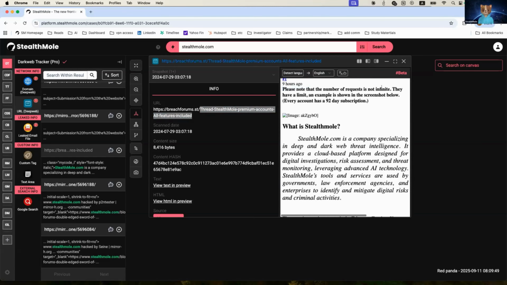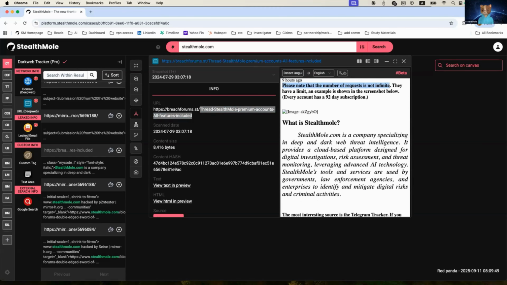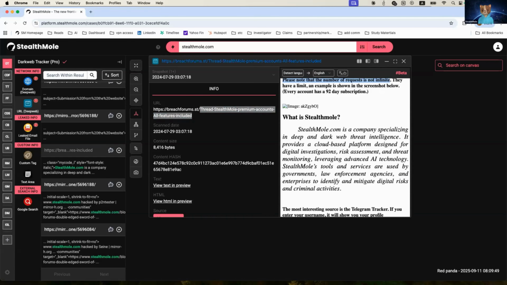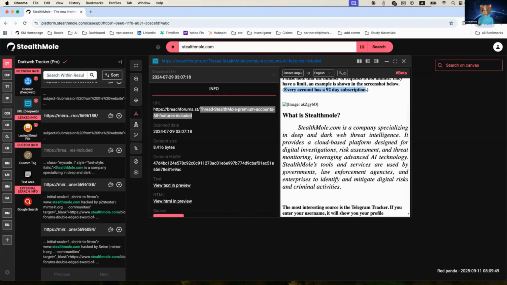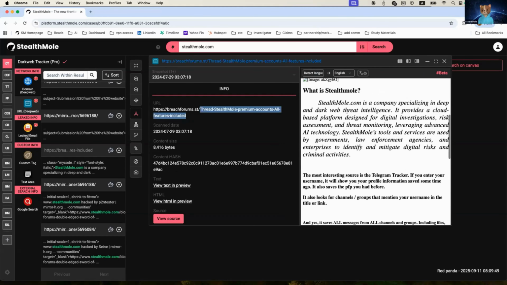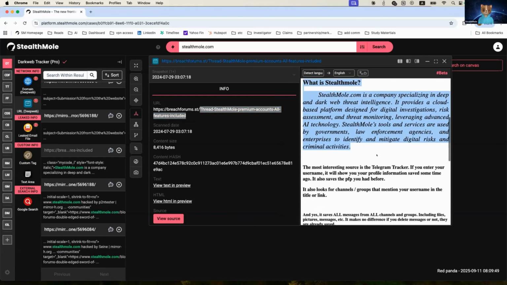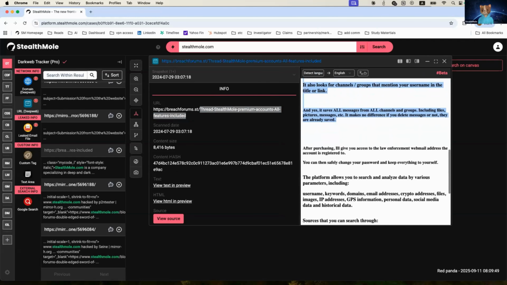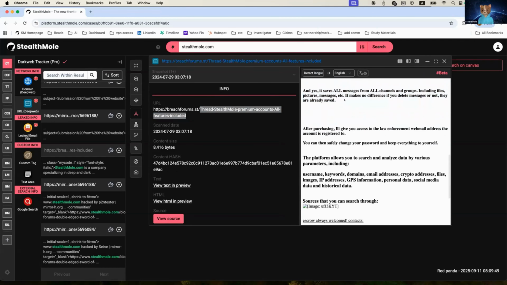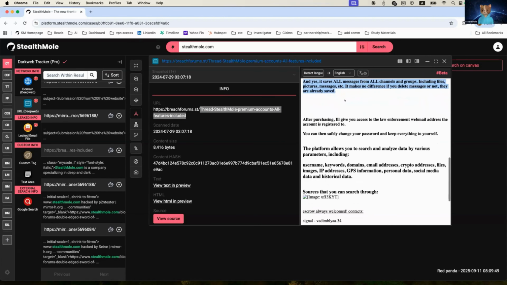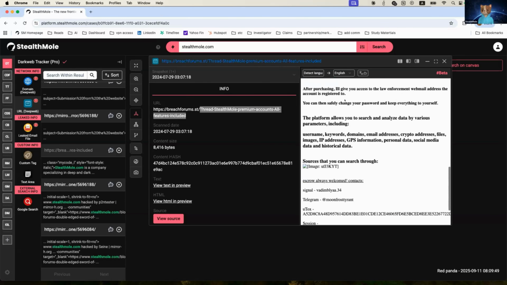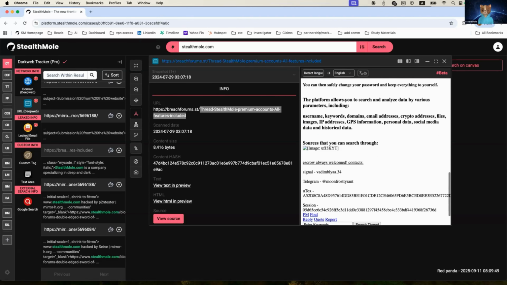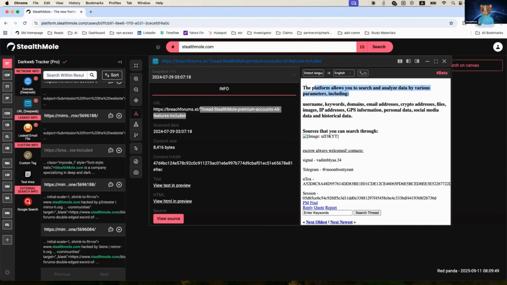It mentions that it has a limited number of requests. Every account has 92 days of subscription, which is interesting. We don't put that kind of fixed arrangement. So this person has some information about StealthMole, some outline of our features. It does make a bold claim that it saves all messages, which is not true. We do collect where it's approachable with our OSINT methodologies, but "all" is such a big statement to just put